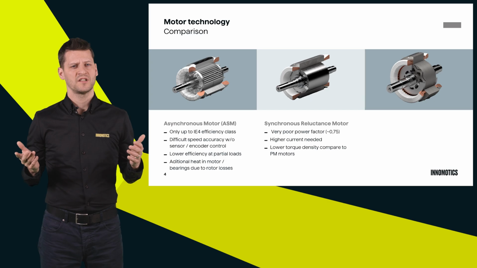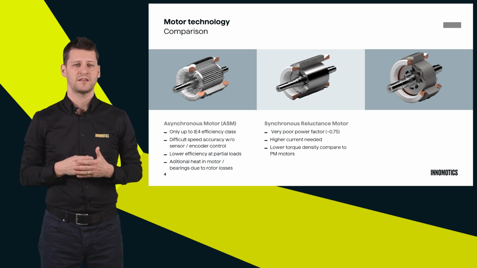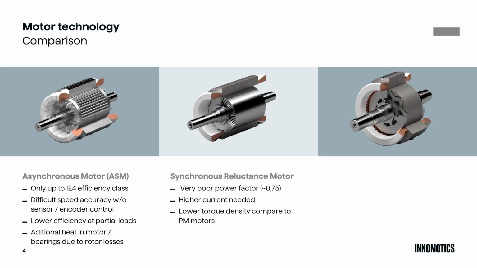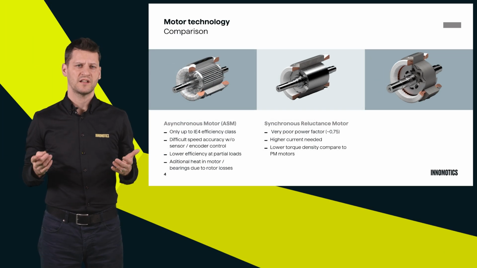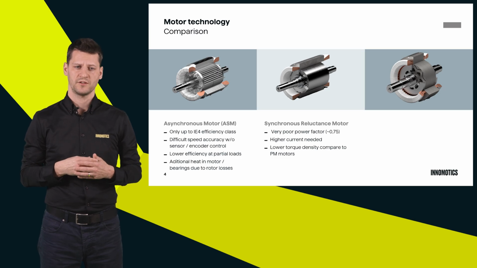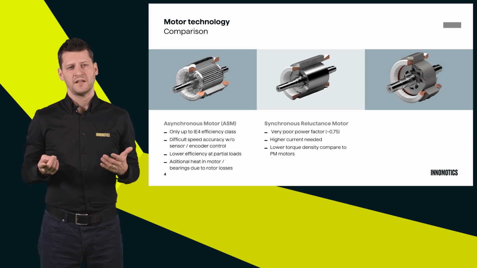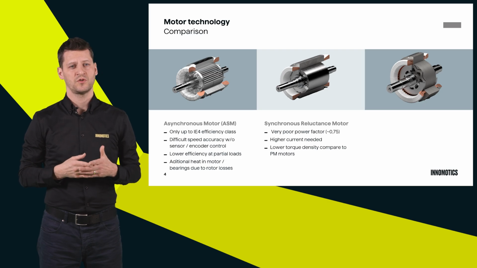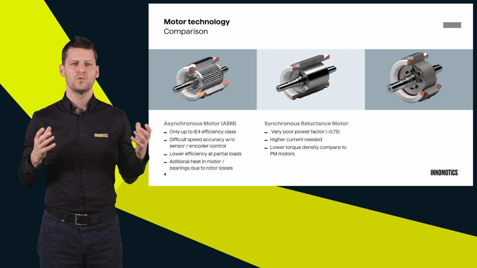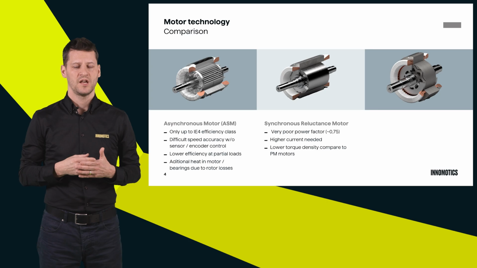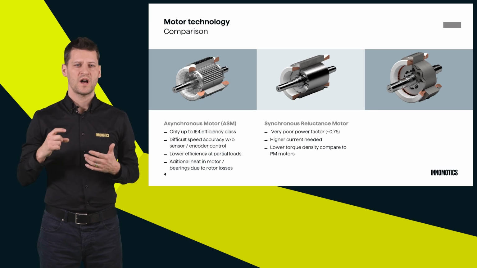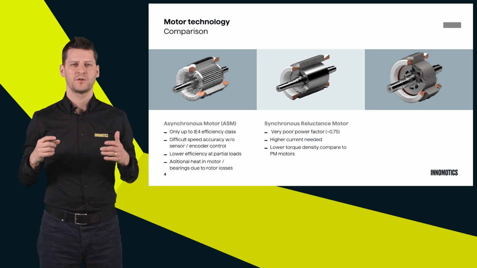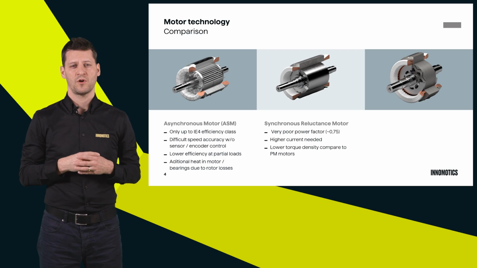When we move to synchronous reluctance motors, we know that the major disadvantage is a very poor power factor. And if you compare among the other technologies, this is the lowest value. Due to that, you need a higher nominal current, and this does not allow you to have one-to-one power matching with the drive. So you always have to pick 1 or 2 sizes bigger of the frequency converter, which also raises